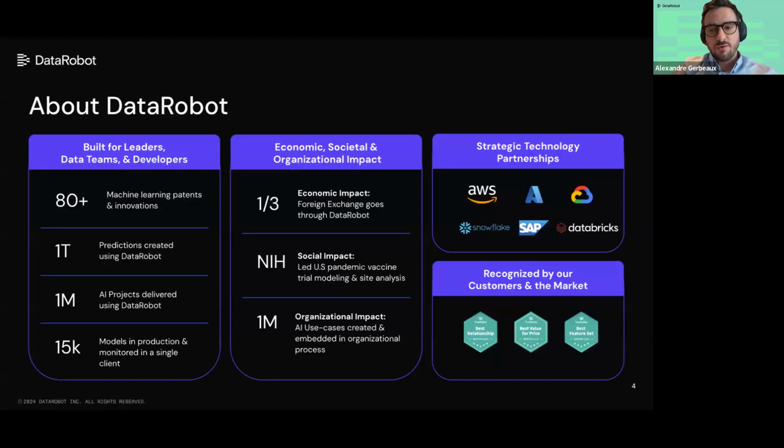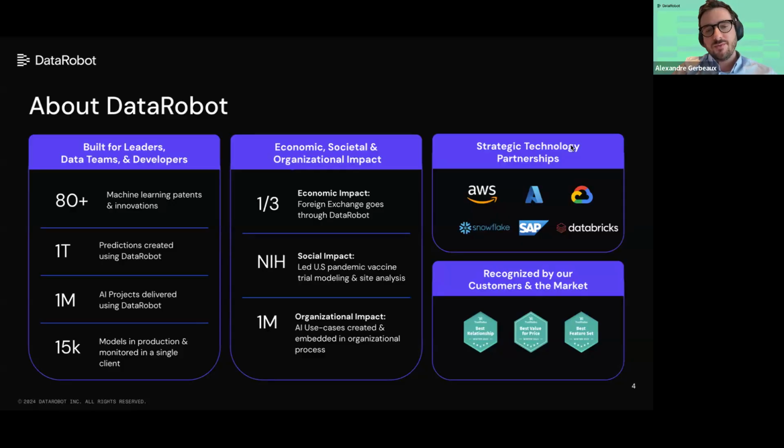First of all, just a quick intro about DataRobot. About DataRobot, we are essentially a pure play AI and machine learning platform. We focus both on generative AI and predictive AI. We have been in the business for 12 years now. We have done a lot of use cases across the machine learning space and the generative AI space. So we really harden our platform to real world value. My team also developed an expertise throughout the years on a lot of different use cases that we have done with our customers. I think 3 facts for you to think about how impactful DataRobot is.